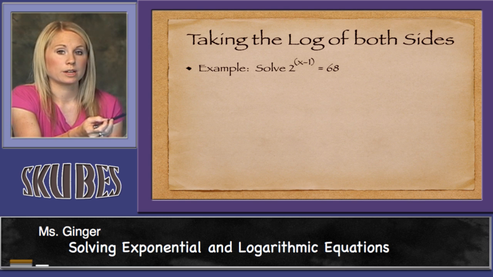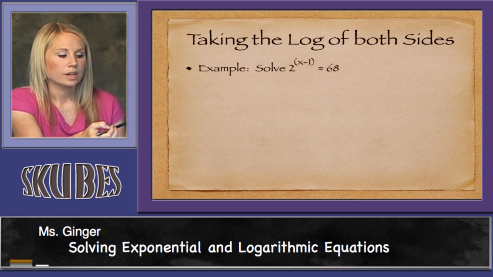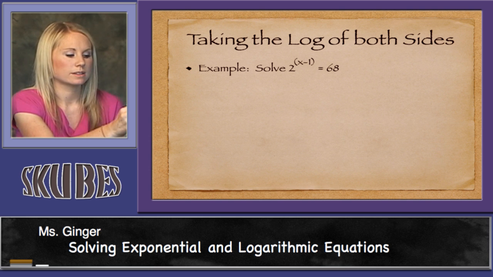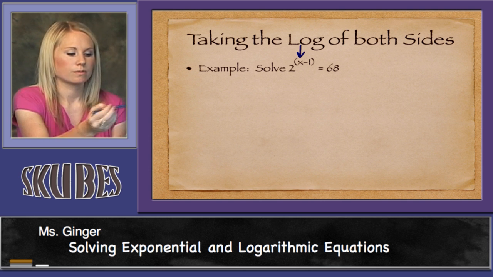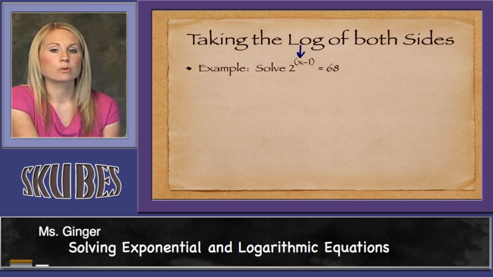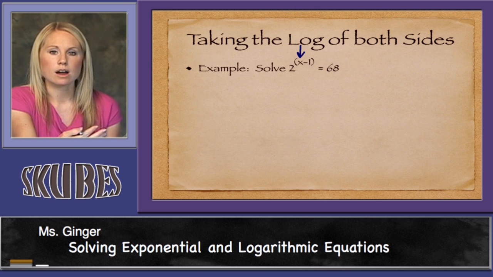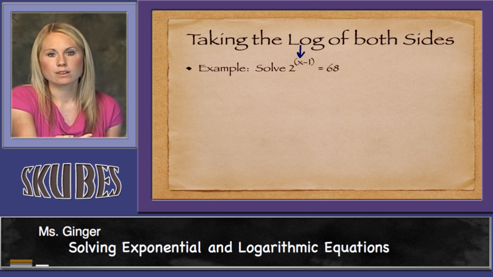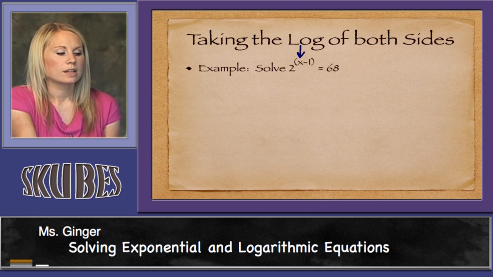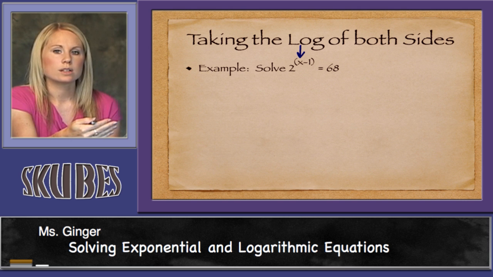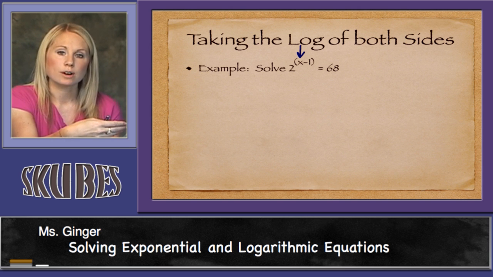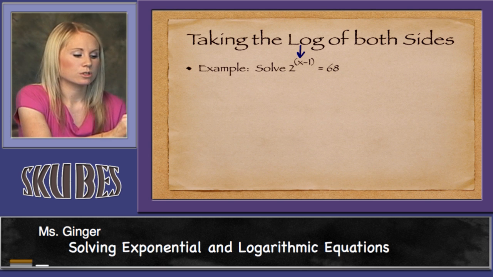Our first example here is one where we're going to need to take the log of both sides. The reason for that is because if you notice, the variable that we're trying to solve for, the x, is trapped up in a power. To solve for a variable, we will usually take the opposite operations, but we cannot do that in this case because it's trapped. So the log allows us to use the property that moves powers down in front as coefficients. So if we just take the log